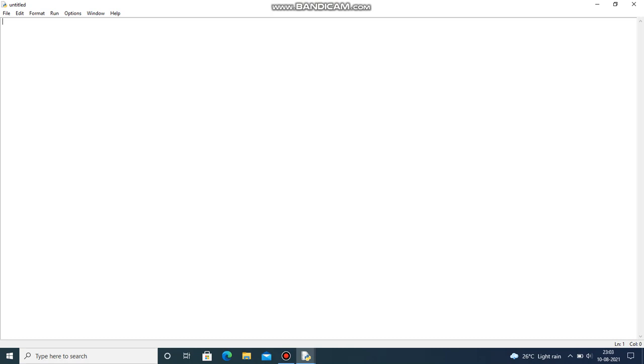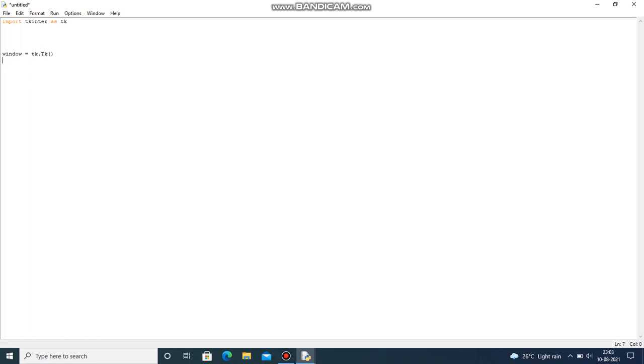Okay, so now let's start the session. So let me first start using the importing. So let's start like import Tkinter as tk. Okay, so now first of all I am going to set up the GUI, which means how it should be looking. Okay, so let's give window is equal to tk.Tk.